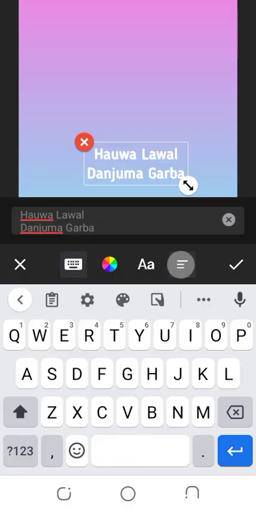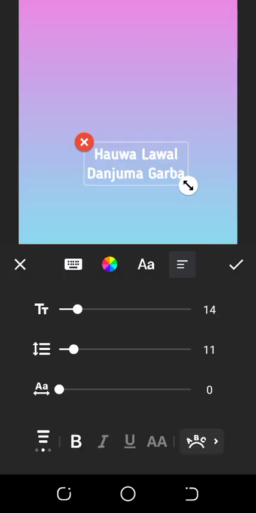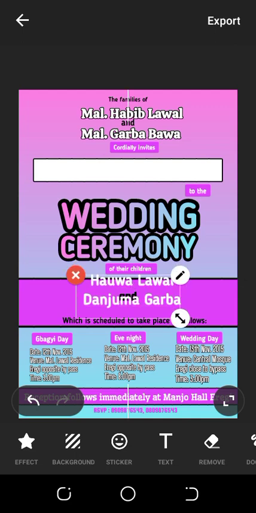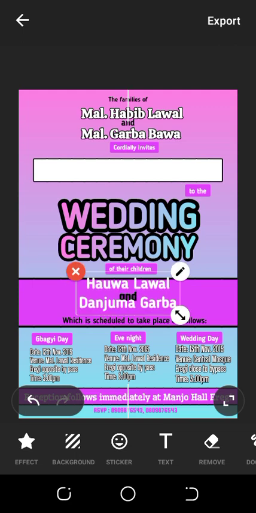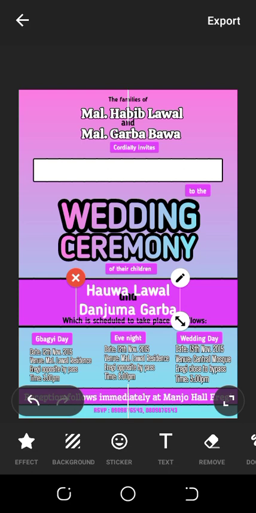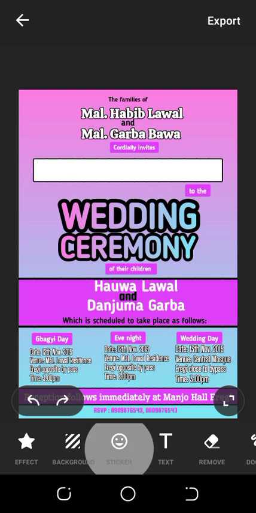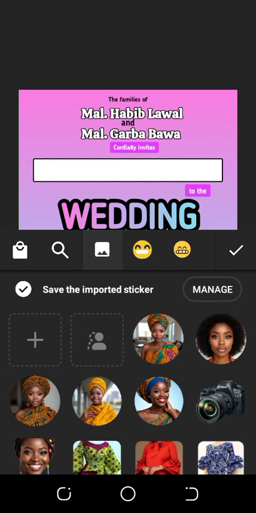All what I want to do here is I'll add this spacing to 11. And then I'll shift it maybe. Please go back so that you will not even stress yourself. Yeah, thank you very much. So now the next thing is I'll just click on this sticker. Let me just add a small, what is it called? Small